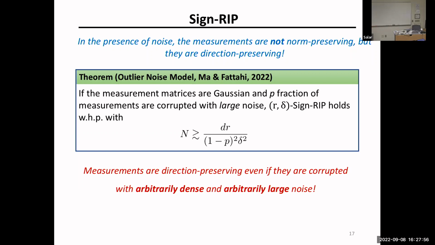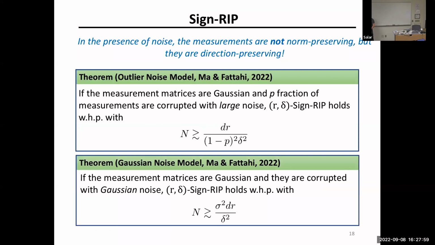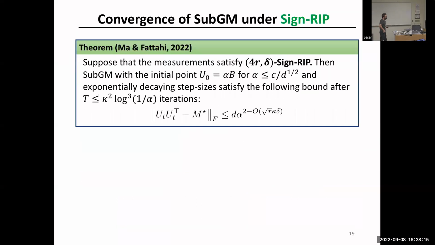And in fact, we can extend this to the Gaussian setting. When I say the Gaussian setting, I mean the noise is Gaussian. If the noise is Gaussian, the same statement holds, but in this case the lower bound scales with the variance of the noise. And that's important. Now, it turns out the notion of sine RIP is exactly what we need to establish the convergence of the subgradient method. We prove that if the measurements satisfy sine RIP with parameters delta and 4 times r, where r is the true rank, not the overparameterized rank, the true rank of the solution,